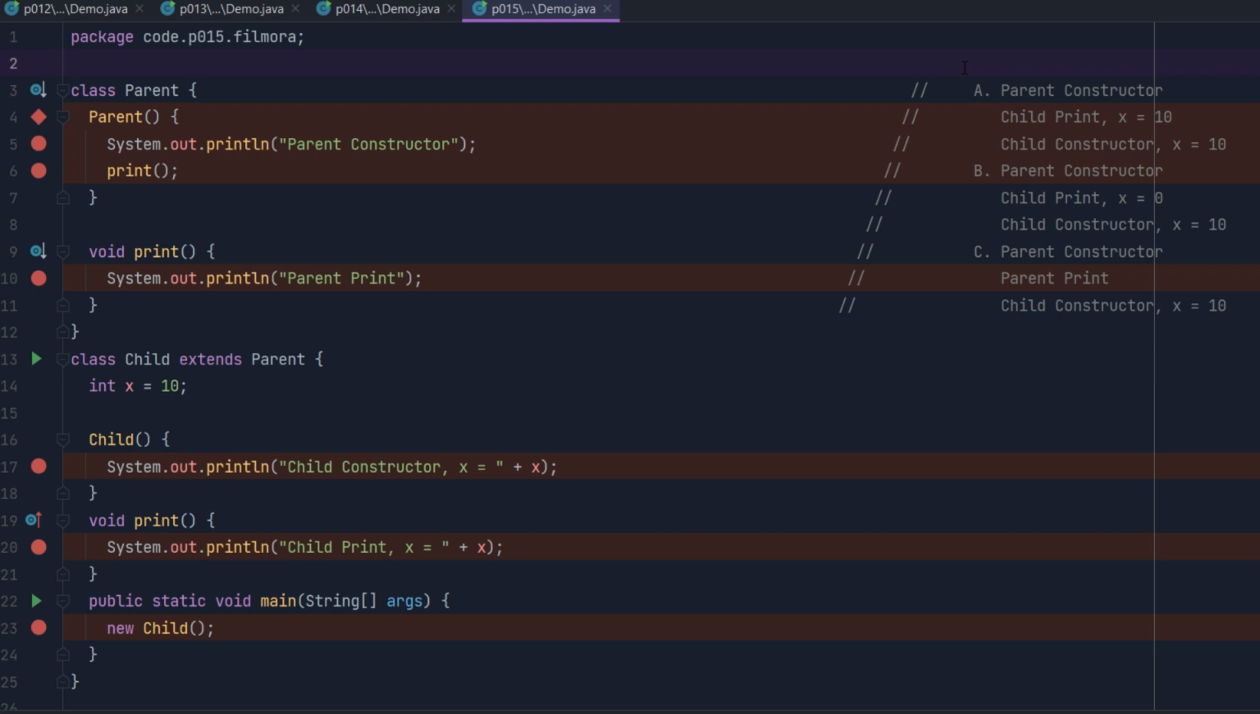So the correct option is option B, parent constructor, child print x equal to 0, and child constructor x equal to 10. Let me tell you why this is the correct answer. Now let me tell you the execution flow. We have created a new object of the child class. Now it will go to the child constructor. In the first line of the child constructor, the superclass constructor, that is the parent constructor, is called,